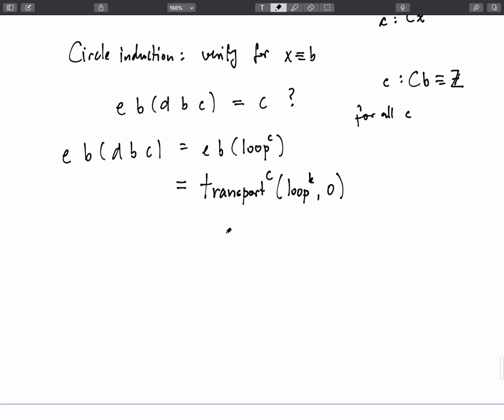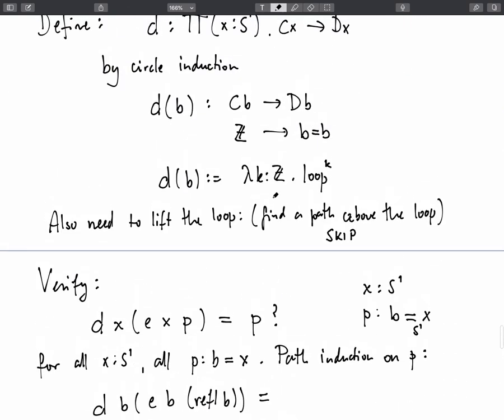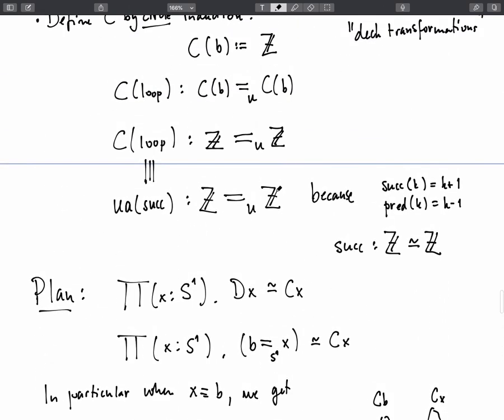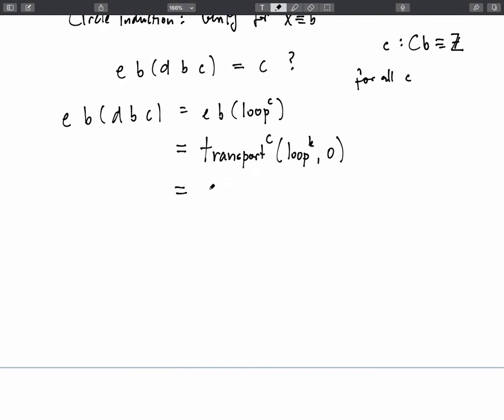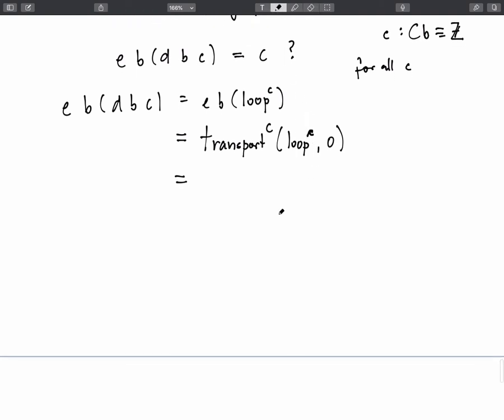But this is going to be, because we defined that C, again, we go look: C lifts the loop to the UA of successor. So we are really transporting along. What is K here? K is C. Oh, K is this little c, sorry. K is the little c. After you unfold the definition of C and how the transport works,